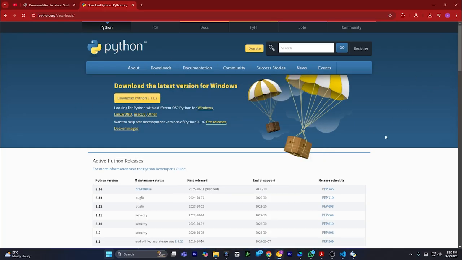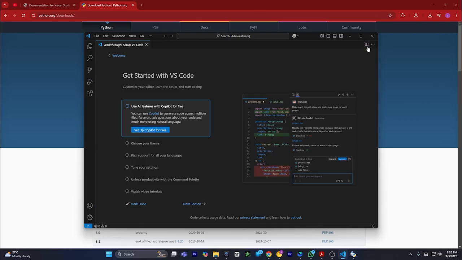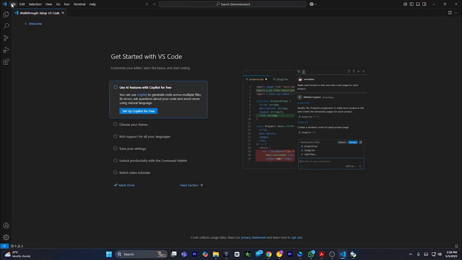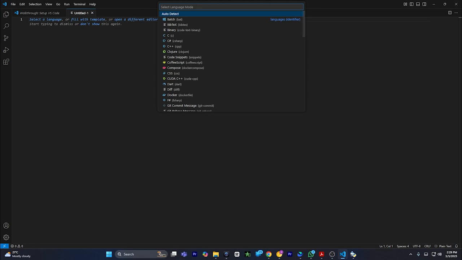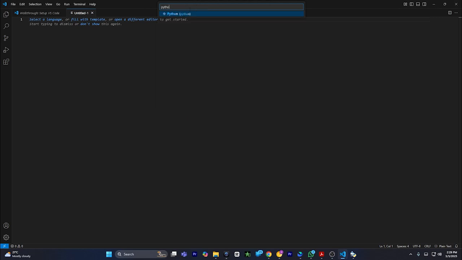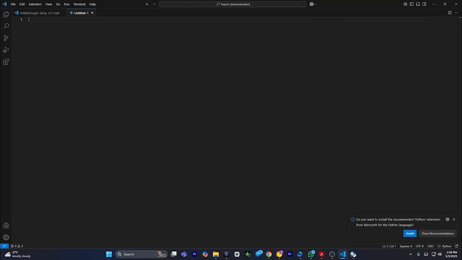Because I have already installed that, so what I will do, I will open my Visual Studio Code and then click on File, New Text File. Now on this page, I will click on the Select a Language button just right there. Now I will try to search Python if it's installed on my computer. If it's installed successfully, you will see Python on this section, and now you will be able to use the